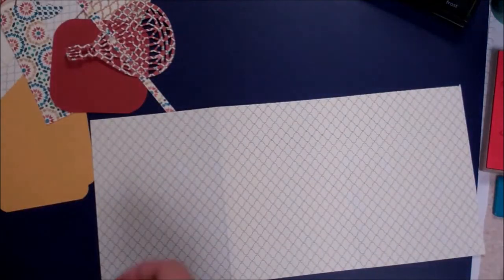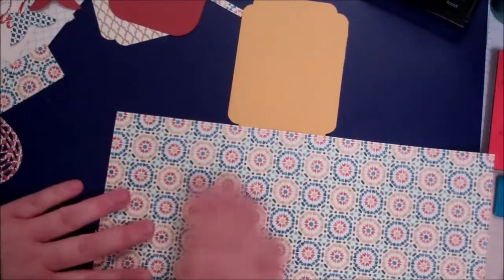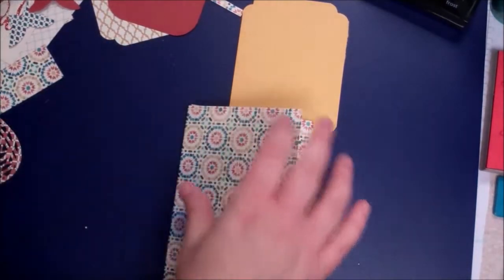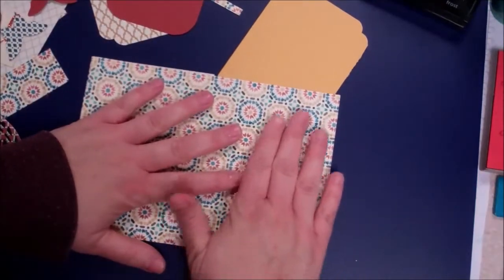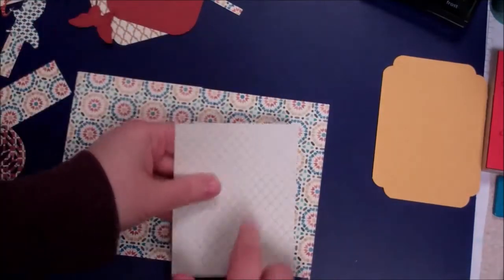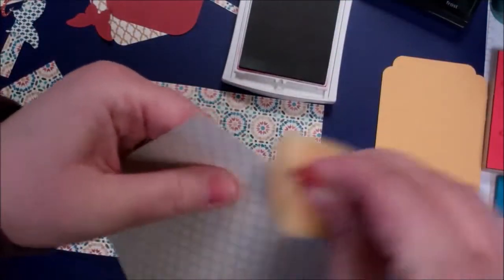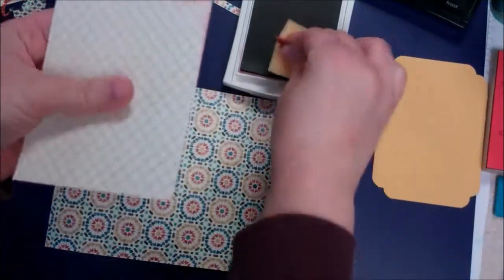So it's a fun opportunity to kind of play. This is the outside of the card. So this is going to be our cover here. So it's going to fold in like this. So I think maybe I'll just start there. So just so I can lay it flat here, it's going to be this panel here. So I'm going to go ahead and ink around. Got my Cajun Craze here, which coordinates with this. And then I'm just going to go ahead and ink around,